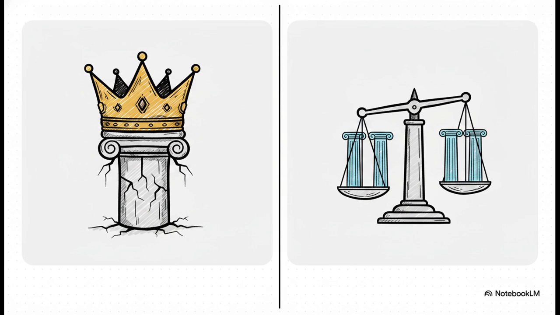On one side, we have the huge threat of an abuse of power, which happens when one branch takes over completely. On the other side, we have balanced power, where the branches actually share and check each other's responsibilities. This blueprint makes it incredibly hard for one branch to just run away with the whole thing, actively preventing tyranny. It is a brilliant system built on a very healthy skepticism of human nature.